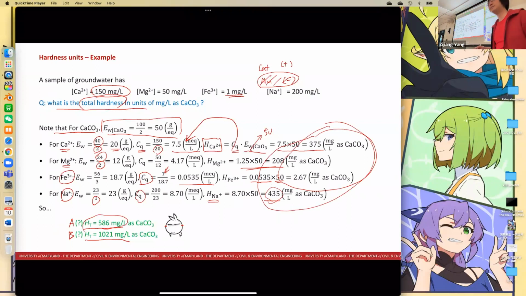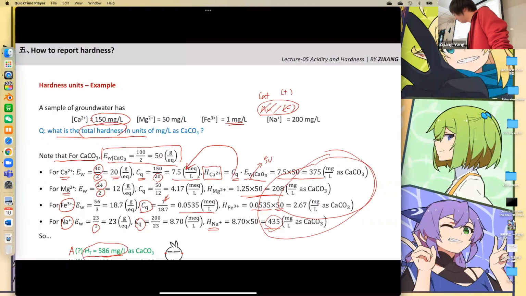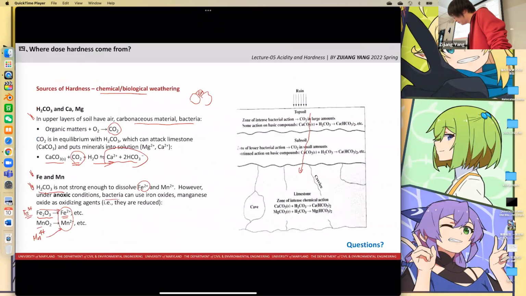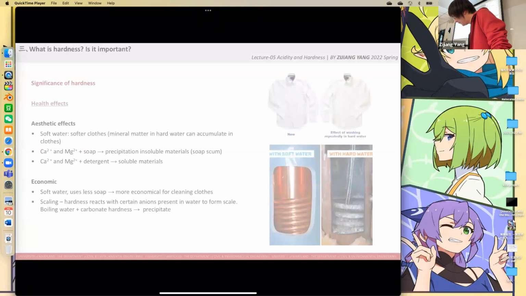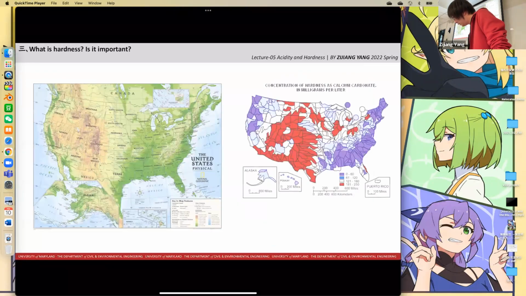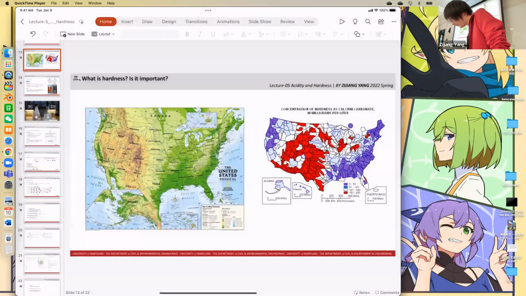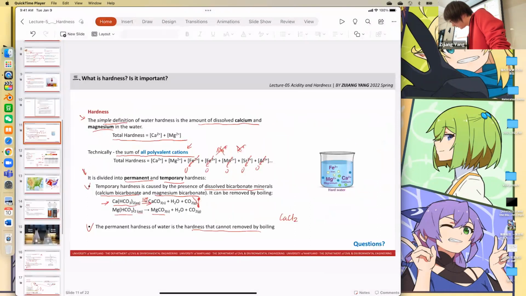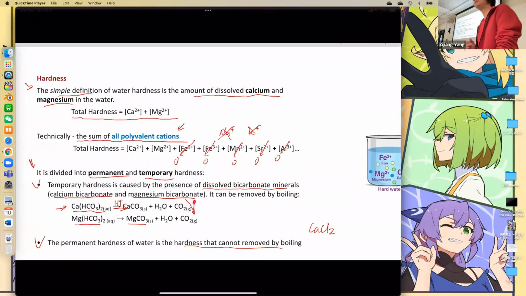So yes. I remember a couple of slides ago, I forgot what it was, but it showed the total hardness is the sum of all of them, but it didn't count iron. And I forgot the charge of iron in it. Like the definition of hardness, right? I think it's equal to the concentration of calcium plus. Yes. So even the positive 3 charge is, you have a 0, so would we not count